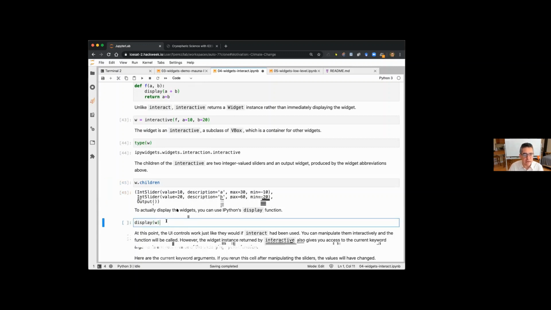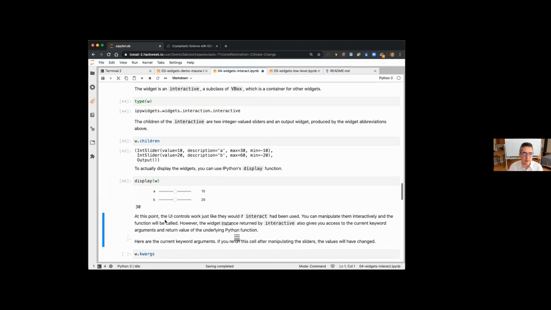You can display it with the display function. The display function is part of IPython. We import it for you. It's basically the moral equivalent of print, but for things that are not text. It tries to display complex things. Now, if all you want to do is display W in a cell by itself, and this is the last line of your cell, you can just call the object itself, and that's what display will do. But calling display explicitly lets you do that. For example,